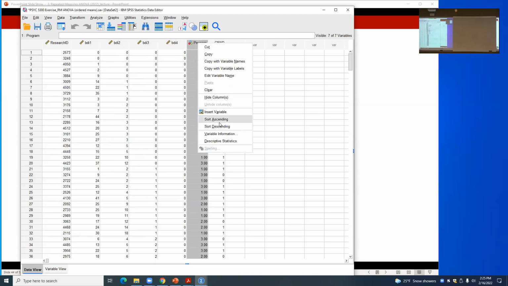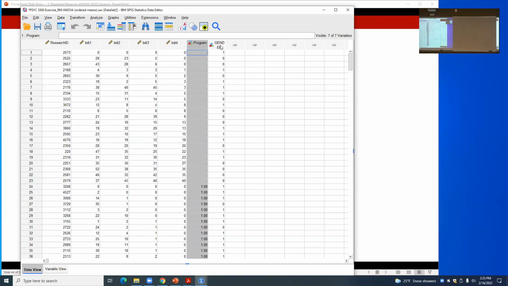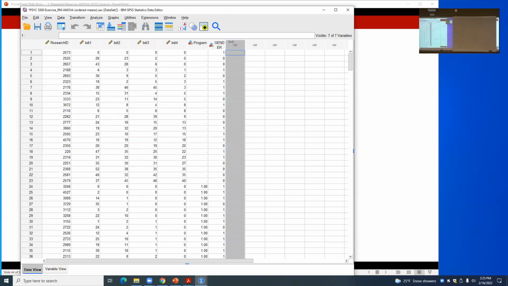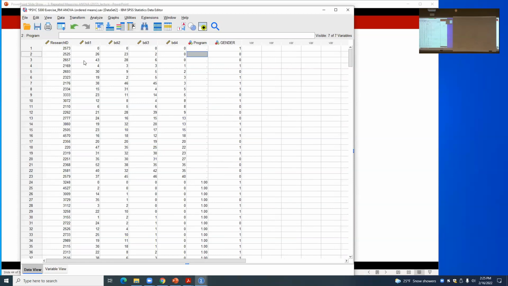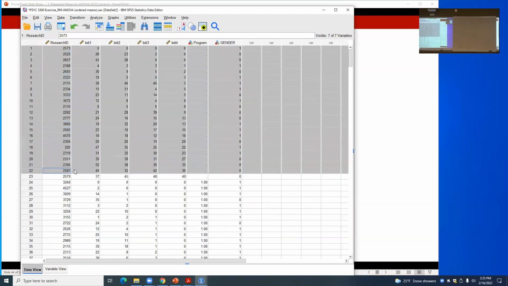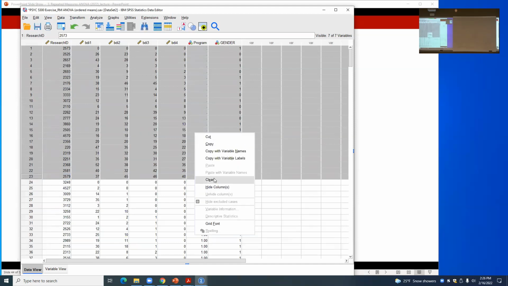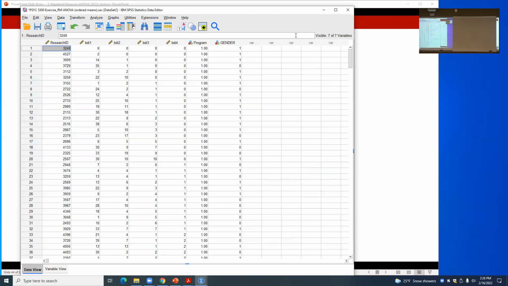What we're going to do is sort by program, because gender is an irrelevant variable for us in this example. And we're going to say that we've got 23 cases with missing values. Can we use those cases? No, they don't have between subject stuff in them. So I'm going to go through and nuke those. All right. So I'm left with my